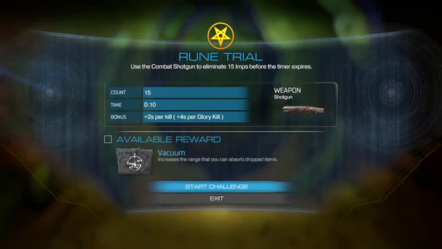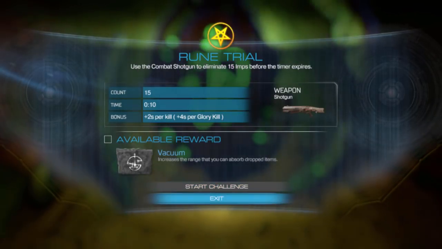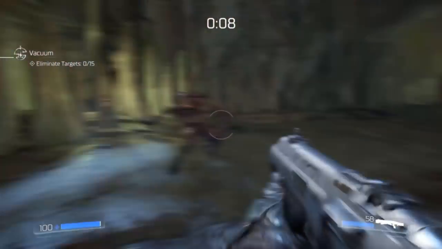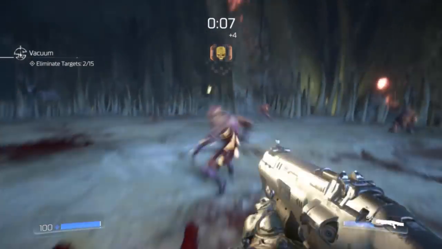Runes will require you to complete mini games like shoot 30 barrels in 10 seconds, with each barrel giving you an extra 2 seconds, or killing 15 demons within 10 seconds. All these need to be found as well, and if a rune is equipped it will give you various upgrades. A couple of the first you will come across is